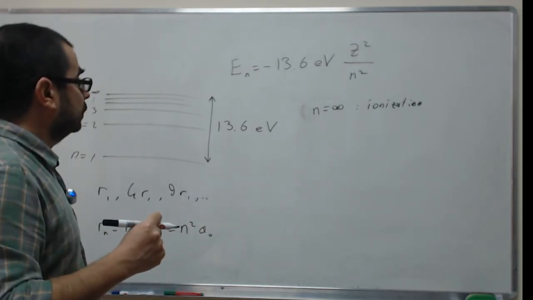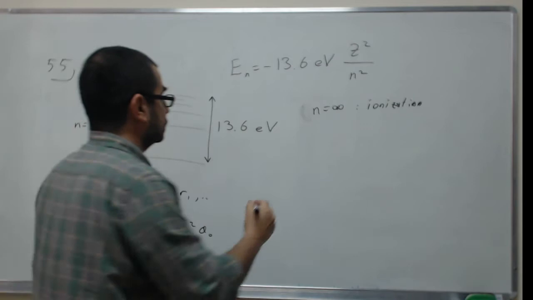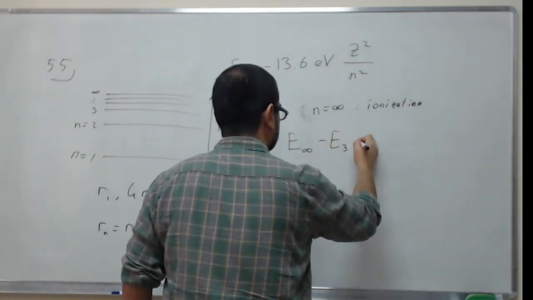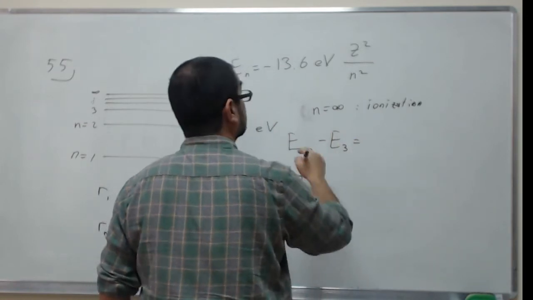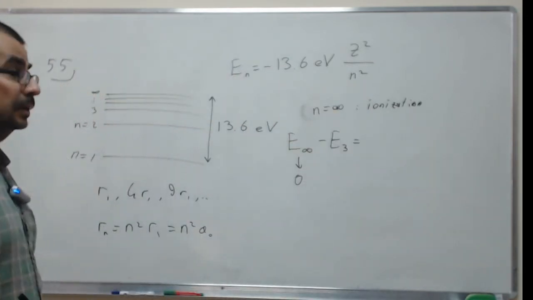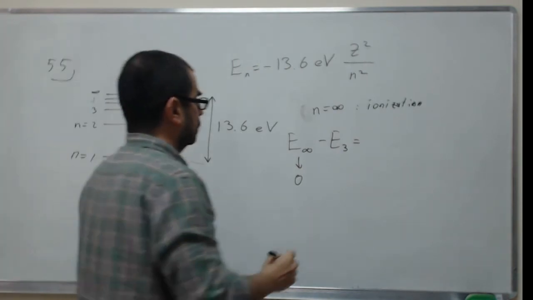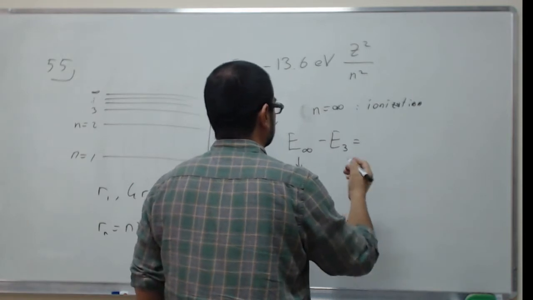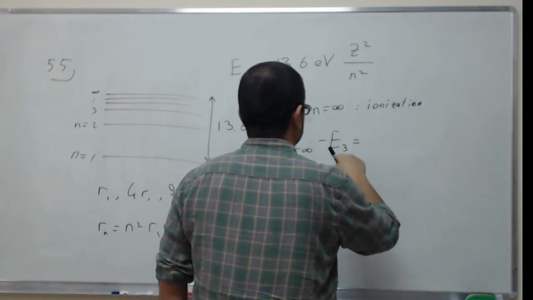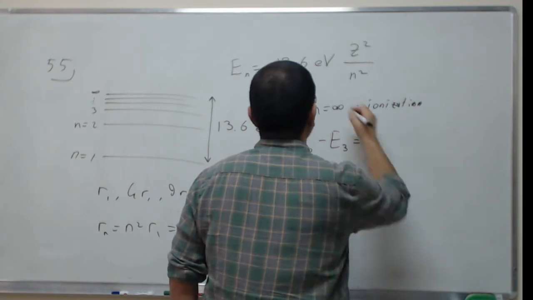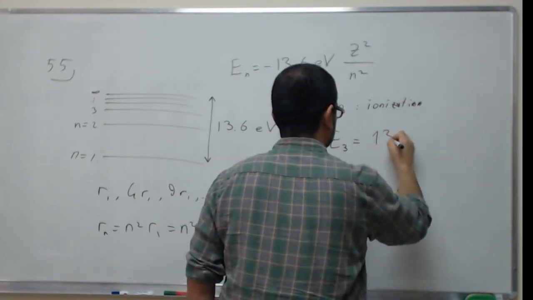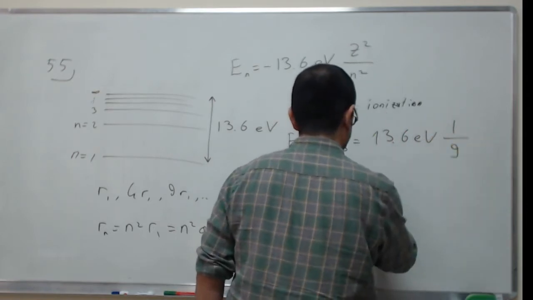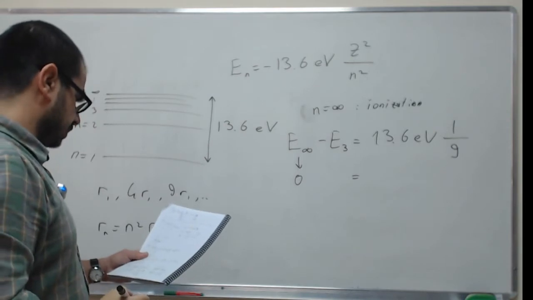Now, what we need to calculate is the energy required for ionization. So what we need to calculate is E infinity minus E3. E infinity is 0, because as n goes to infinity the energy goes to 0. This is actually our choice; we choose E infinity to be 0. And then E3 has a minus sign that cancels that minus sign. So this is going to be 13.6 electron volts divided by 9, and the numerical value for that is going to be 1.51